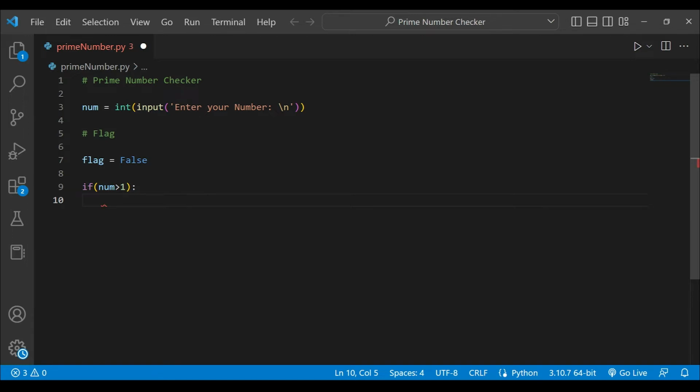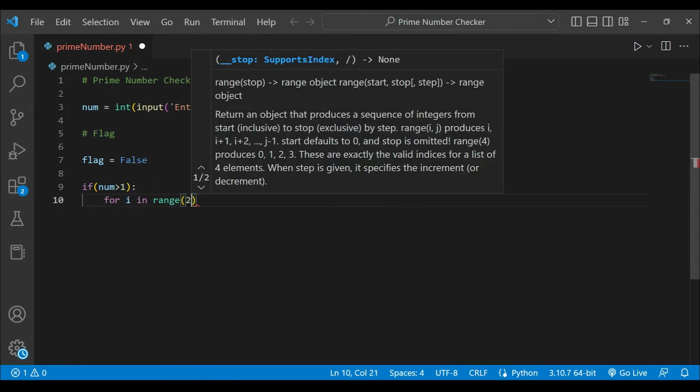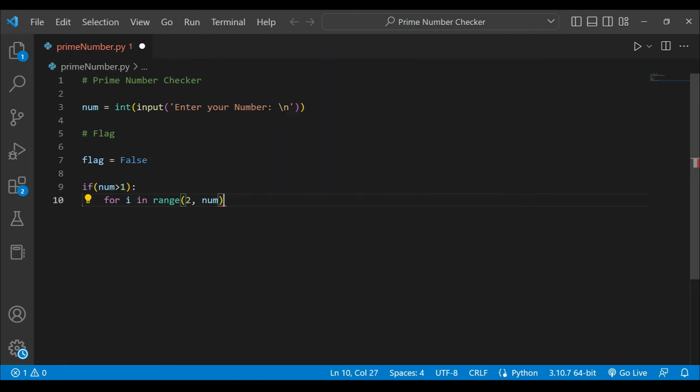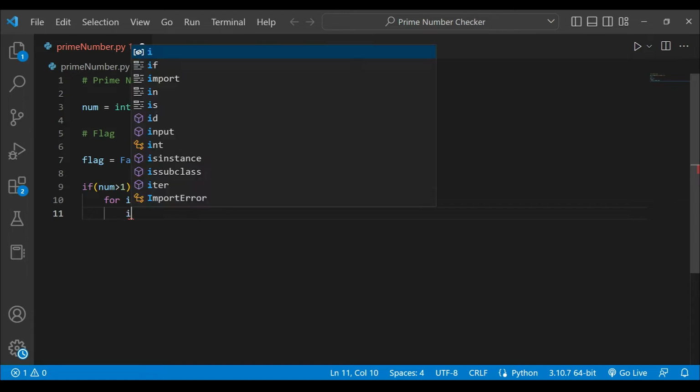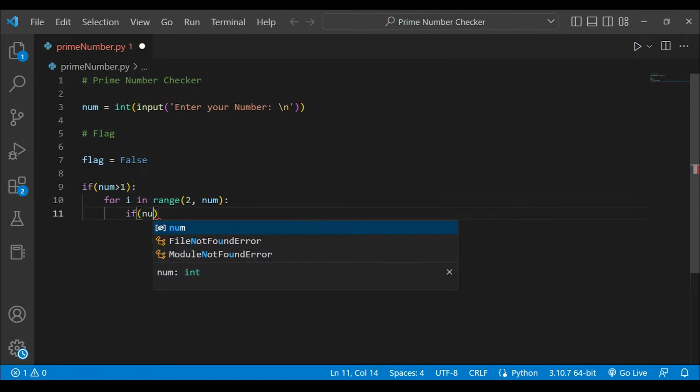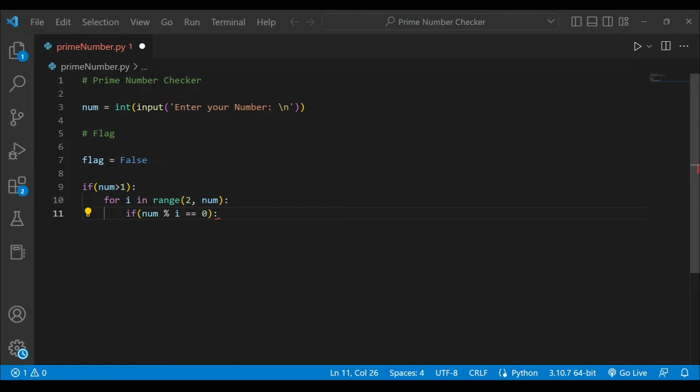Then I will say that for i in range starting from 2 to num, so I started my for loop from 2 to num, and then I will say that if num divided by i is equals to 0. If it is not a prime number,